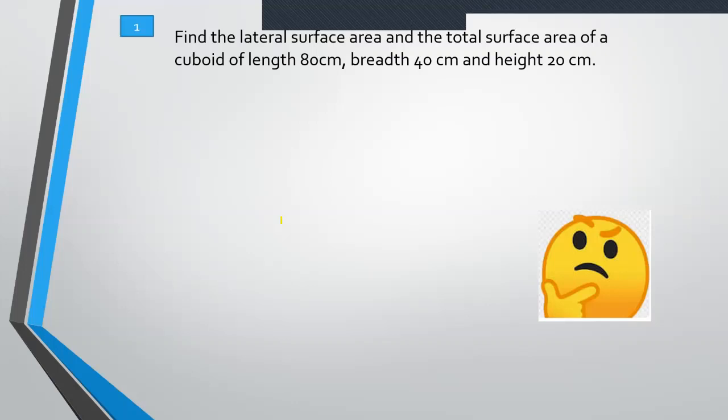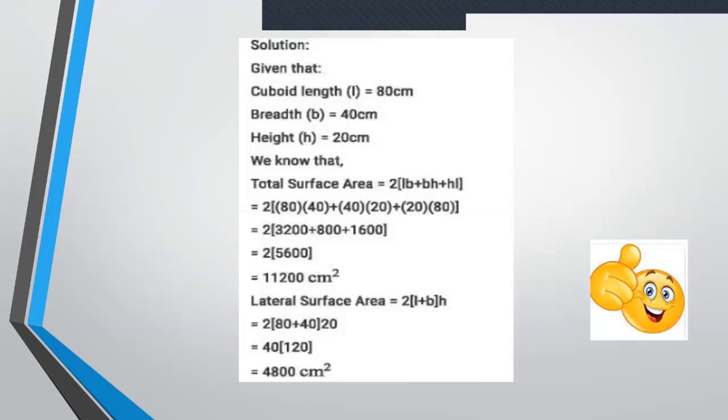There are two questions here. One is the lateral surface area and another one is the total surface area. So surely it will not be in the same question for your MCQ. Done, ma'am. Hold a minute and the others also wind it up faster. Done. What's the answer you people have got? Ma'am, total surface area is 11,200 centimeters square and the lateral surface area is 4800 centimeters square. Okay with that? Others, please wind up fast.